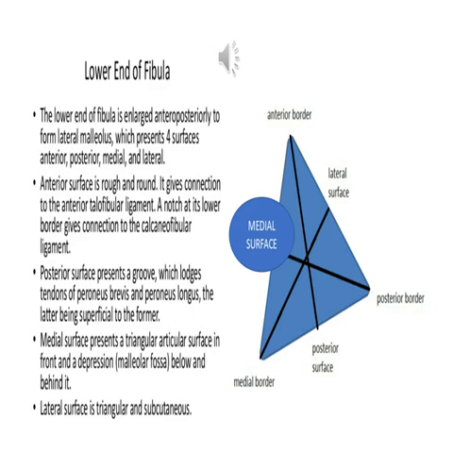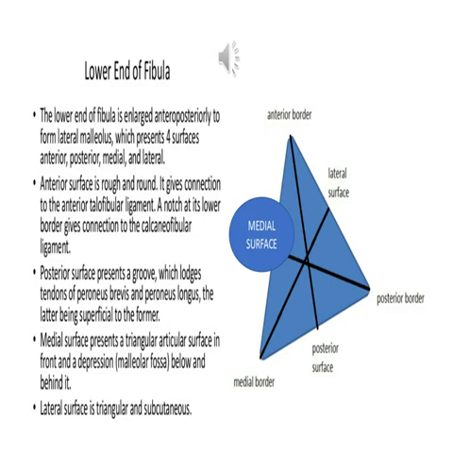Lower end of fibula or lateral malleolus. The tip of the lateral malleolus is 0.5 cm lower than that of the medial malleolus of the tibia, and its anterior surface is 1.5 cm posterior to that of the medial malleolus. The lower end of the fibula is called the lateral malleolus. It has four surfaces: the anterior surface, posterior surface, medial surface and lateral surface.